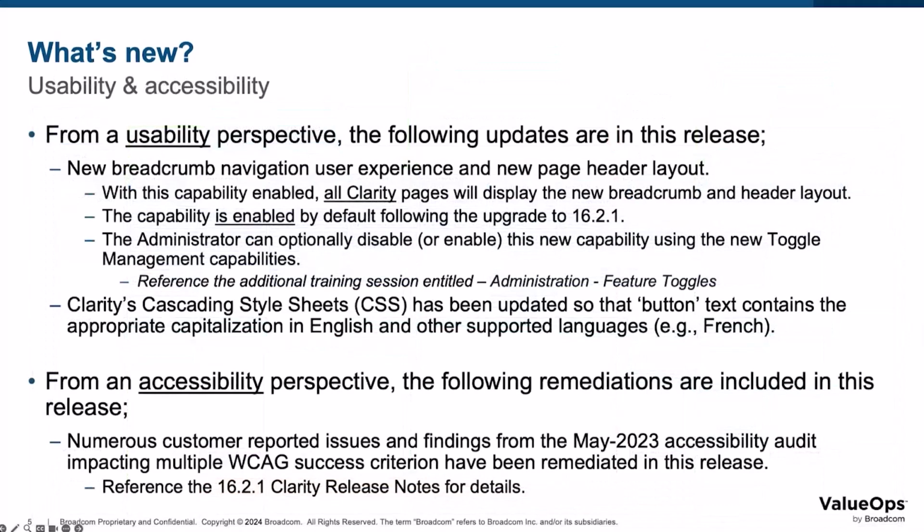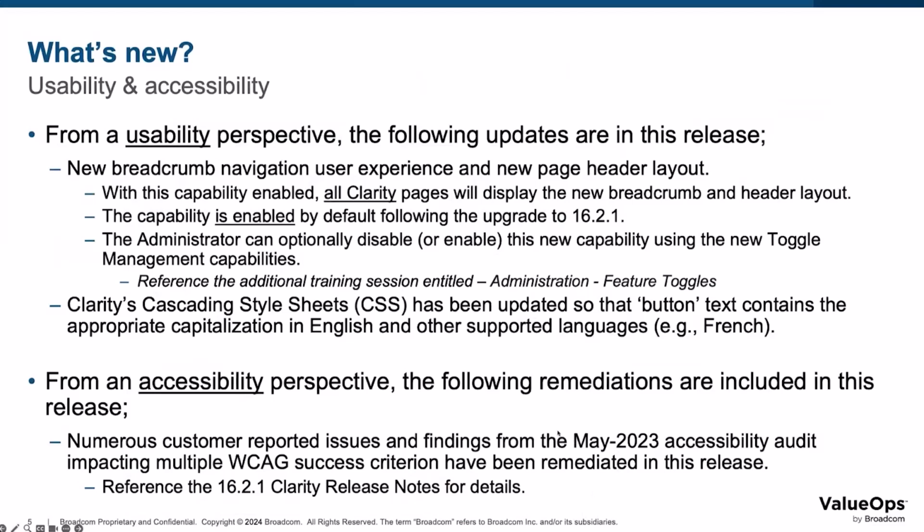So what's new? From a usability perspective, there's a couple updates in this release. There's a new breadcrumb navigation user experience and a new page header layout. With this capability enabled, all Clarity pages will display the new breadcrumb and header layout. This capability is enabled by default after you upgrade to 16.2.1. The administrator can optionally disable or enable this capability using the new toggle management capabilities. I encourage you to reference an additional training session entitled Administration Feature Toggles to learn more about this as it